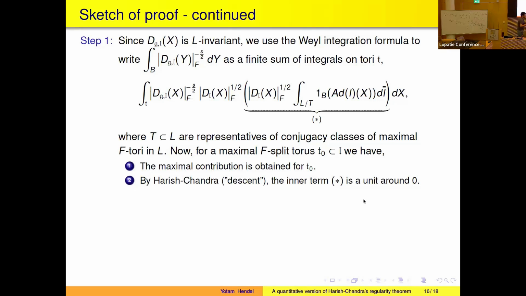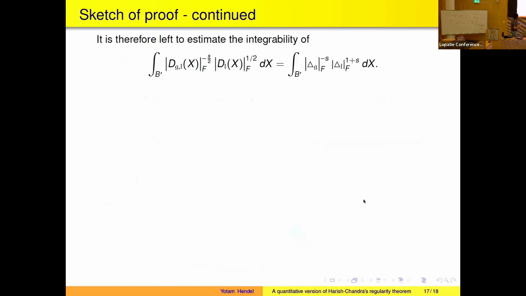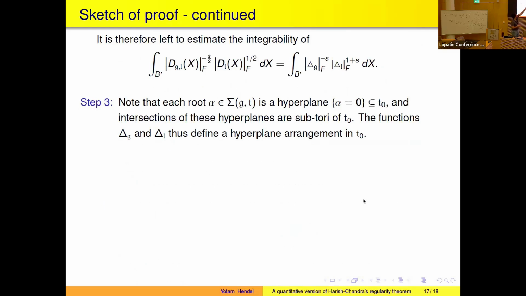But now, if you remember the way I defined this relative Weil discriminant, this was a function such that when I restrict it to this maximal split torus, it's a product of these roots. And this is where I can switch more or less to thinking in algebraic geometric terms. Each of these roots is actually a hyperplane in this maximal split torus. And this function, this product, actually gives me a hyperplane arrangement. And this delta G is just a product of all roots on T, and